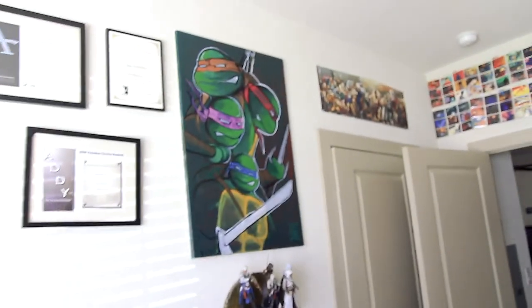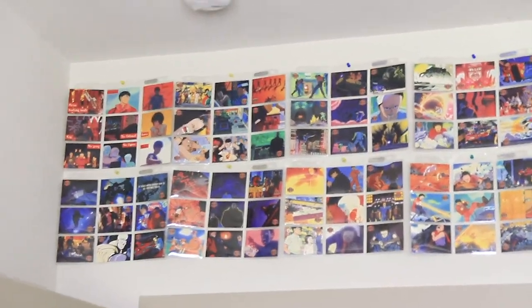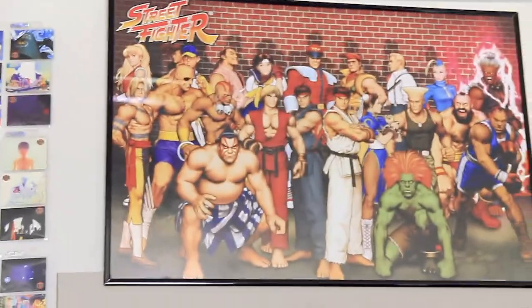See the rest of my room? This is all my diplomas and all my achievements. Some of my other paintings is the Ninja Turtle painting that I did. Famous Street Fighter poster. And then these are actually all trading cards of Akira. I put them all in the plastic slides. Another Street Fighter